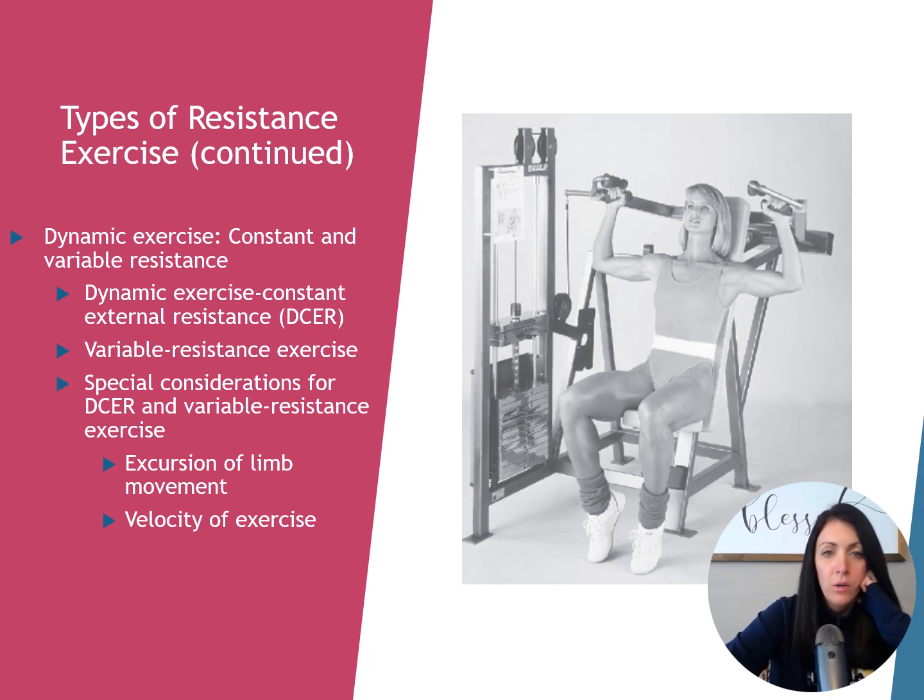So when lifting or lowering a constant load, the contracting muscle is challenged maximally and only to the point in the range of motion in which the maximal torque of the resistance matches the maximal torque output of the muscle. So you need to be aware as the PTA of this changing external torque of the exercise and the changing length-tension relationship of the muscle, and modify body position and external resistance accordingly to match where in the range the maximal load needs to be applied.